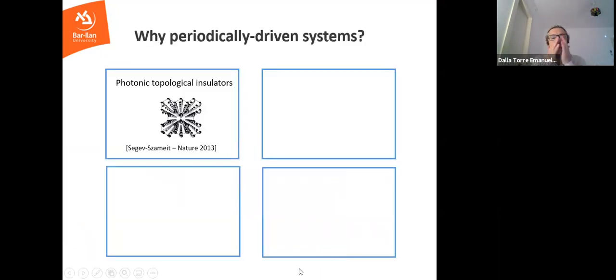Okay, good. So as I mentioned, periodically driven systems are very interesting. And we know by now some experiments that have highlighted why periodically driven systems can give rise to new physics. One example are these waveguides, in which the waveguide has a structure like a spiral, and the spiral basically mimics a periodically driven system. By engineering the shape of the waveguide, which is like engineering some type of periodic drive, you can lead the system to interesting phases, like topological phases with some interesting edge effects.